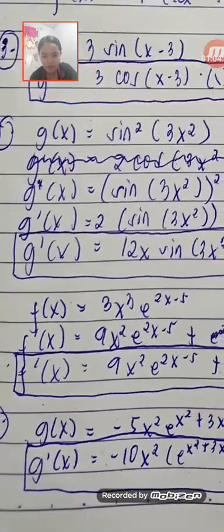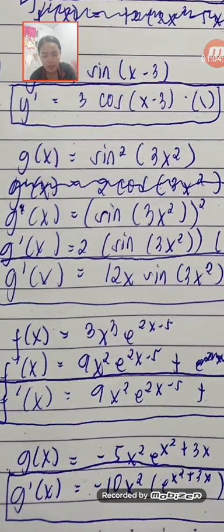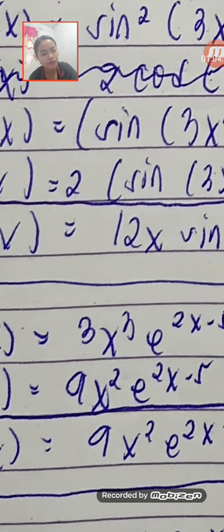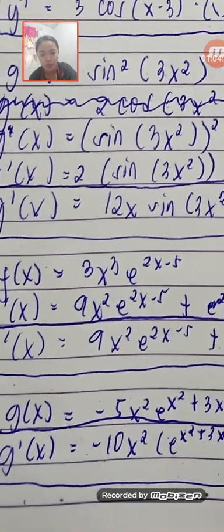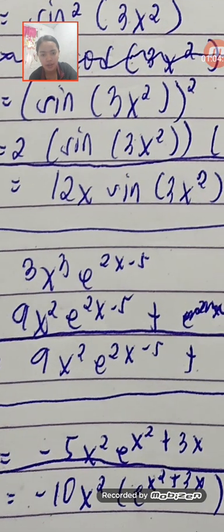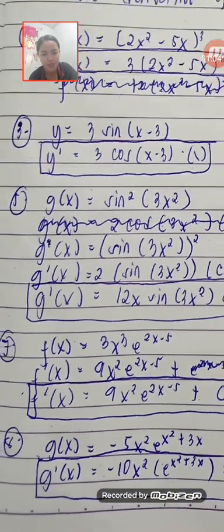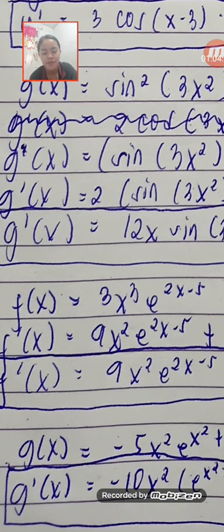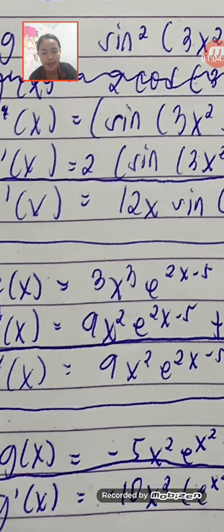So in this item, as you can see, it is multiplication. Our first function is 3x cubed, and our second is negative 2x minus 4. So in this item, it's quite confusing, but let's use the product rule in this part. So 3 times raised to the power of 3 is 9x squared,